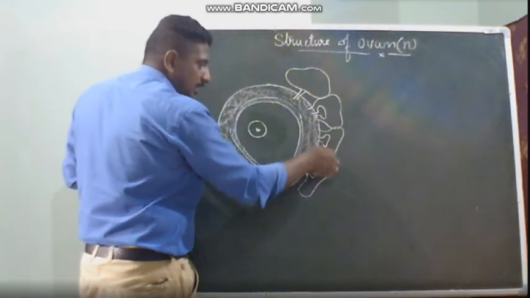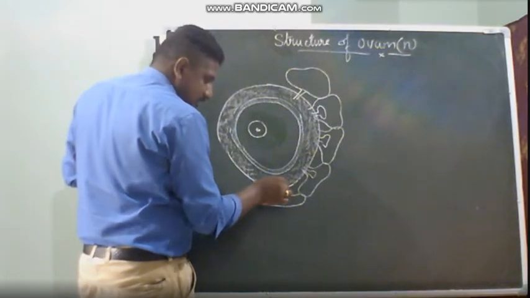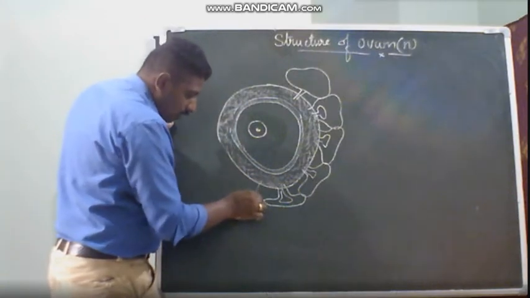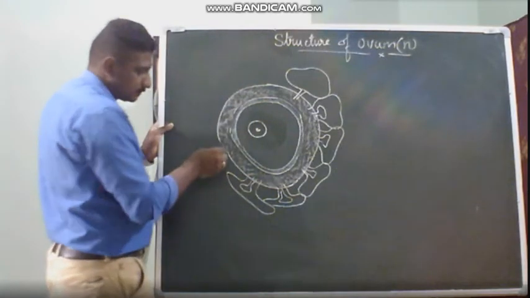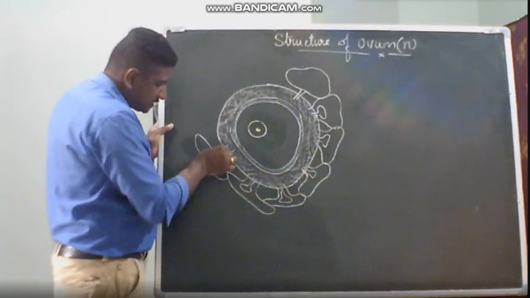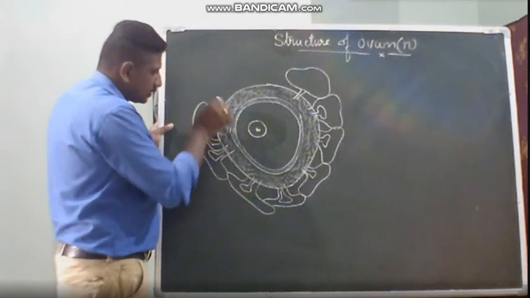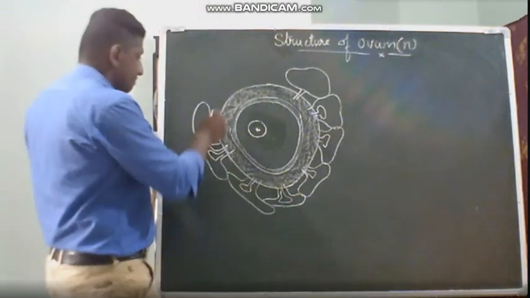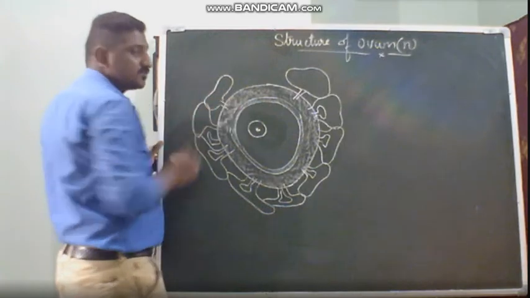See that there should not be any gap in this. Gap should not be left. That's why I am covering these two cells. Why there should not be any gap, I will tell you. There is a concept called polyspermy. So in order to prevent polyspermy, I am not going to leave any gaps. What do you mean by polyspermy, children? When many sperms enter the egg membrane. Yes, when many sperms enter the egg membrane.